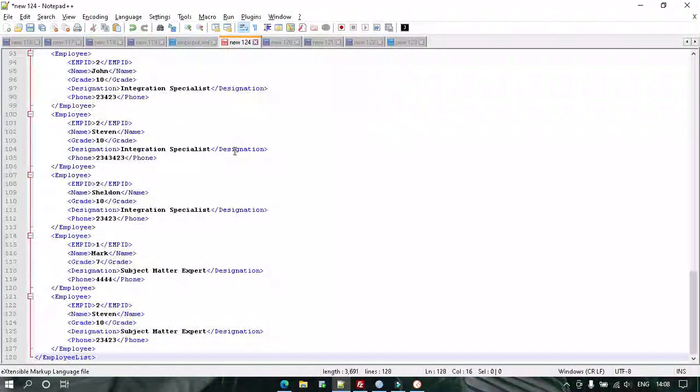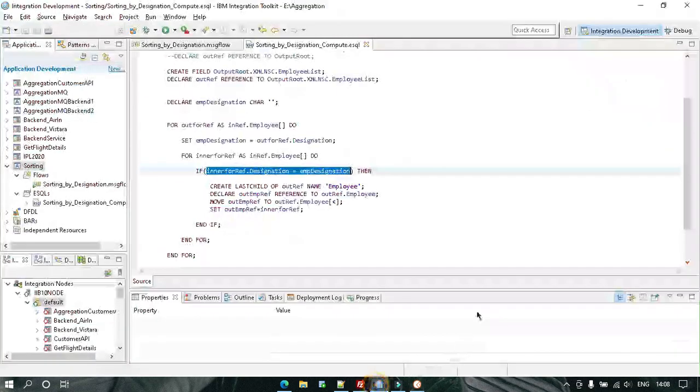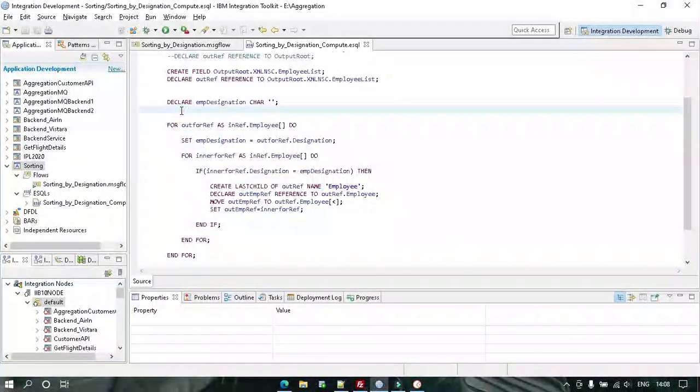To rectify repetition, in other words, we have to apply a check for uniqueness. So let's do that. Let's rectify repetition.